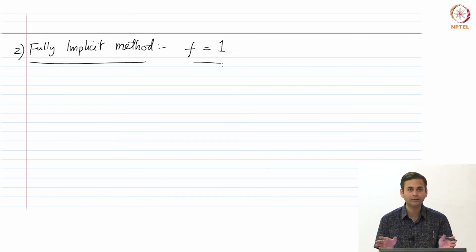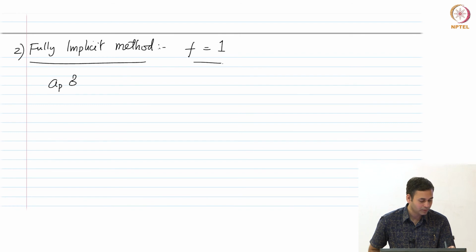Now substitute f equals 1 and tell me what the equation would be. To go back to the original equation, substitute f equals 1, again this should be sum AP phi p equals